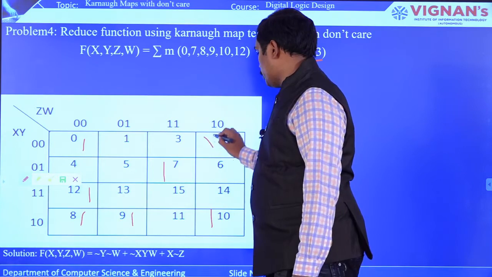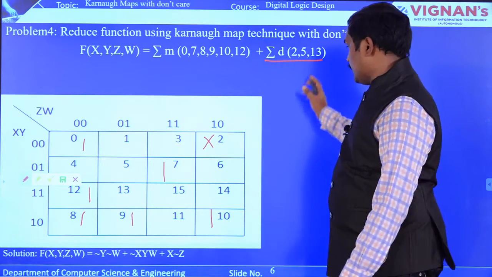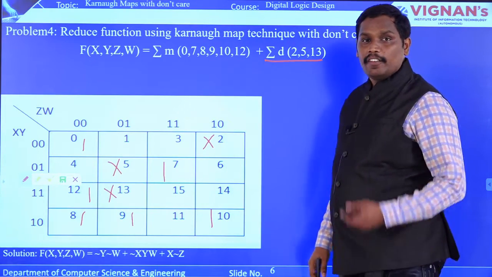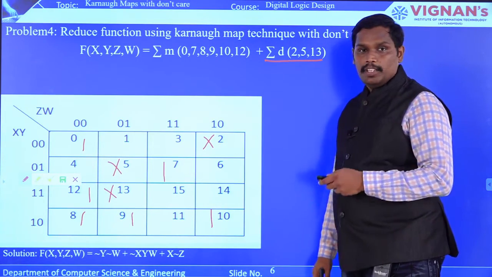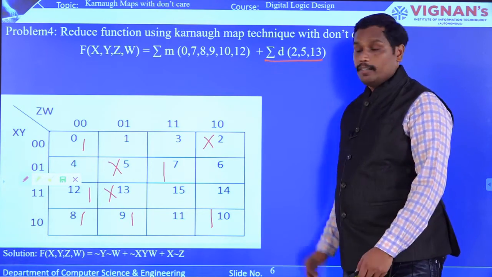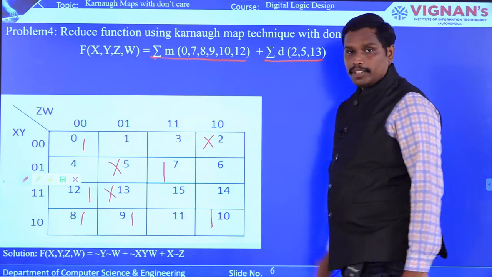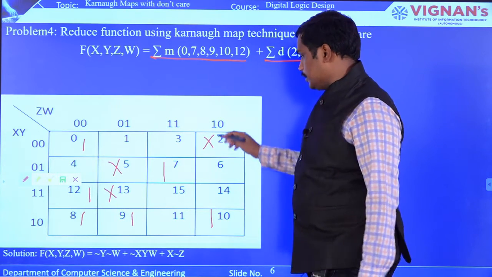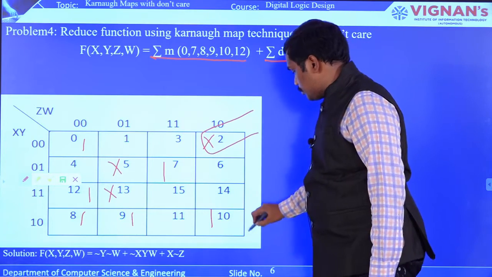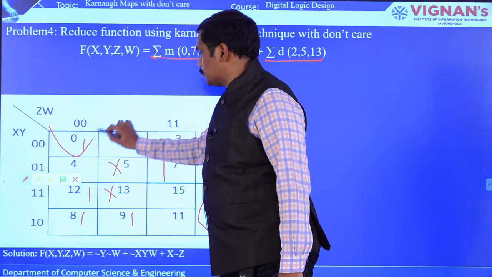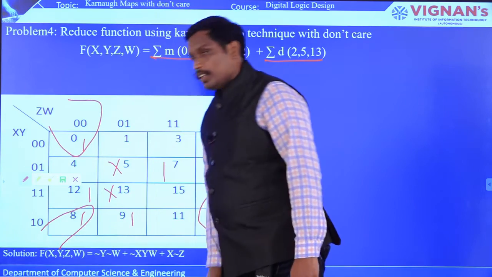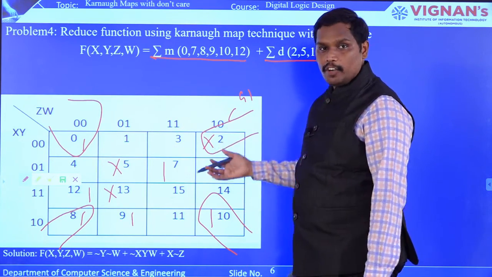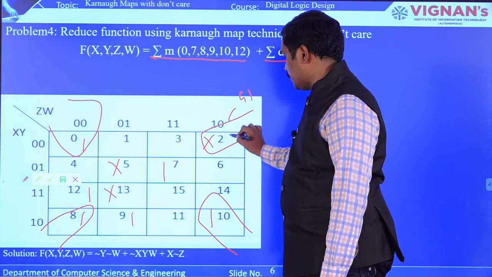So 2, you're going to replace it with X because it is a don't care condition, and then 5, and then finally 13. But the condition is that whenever there is a chance that you can form it as a group, we replace X with 1 because it is SOP expression, sum of product expression. So now you can make this a group, right? Okay, this is one group. We call it group 1. Since there is a possibility that you can form it as a quad, we'll replace that X with 1.